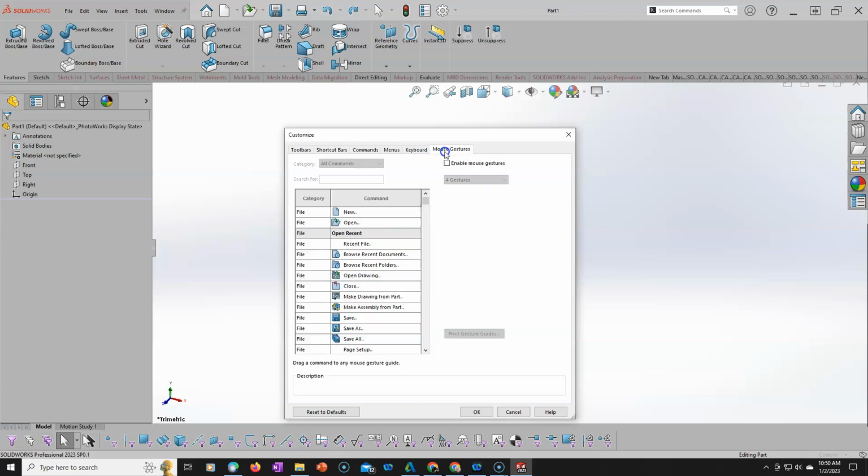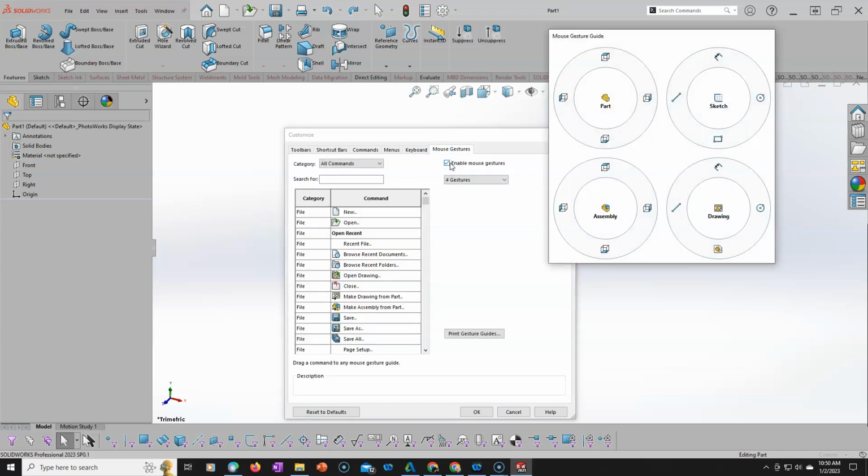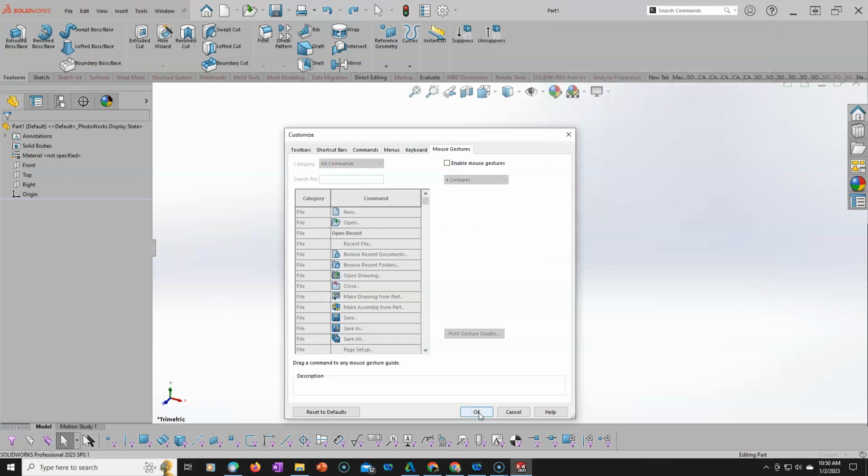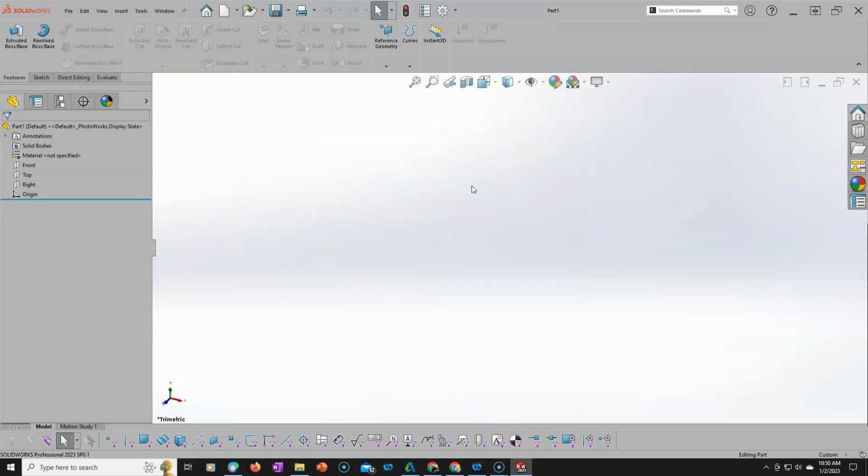And then the mouse gestures are realistically called the donuts. I have disabled those on this computer, but when you do a right mouse button and drag, then it comes up with 4, 8, 12, and multiple gestures. So that's evolved a little bit over the last couple years. Not a fan, maybe someday. Alright, so